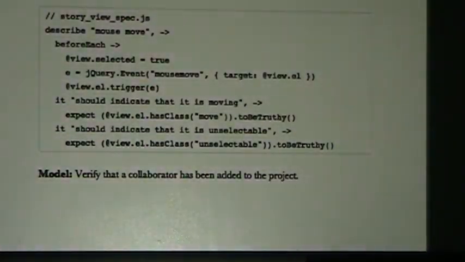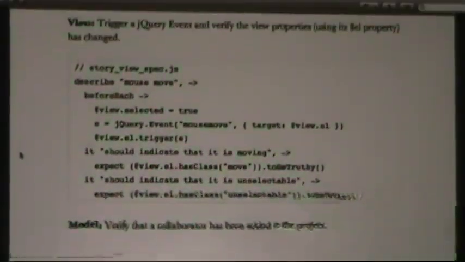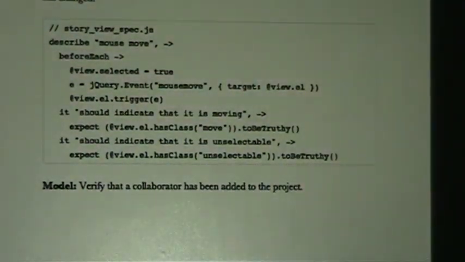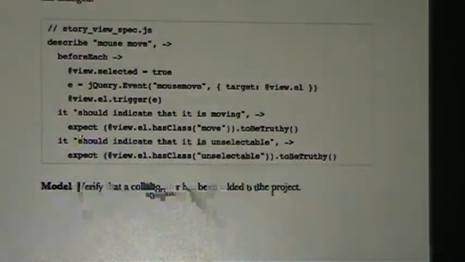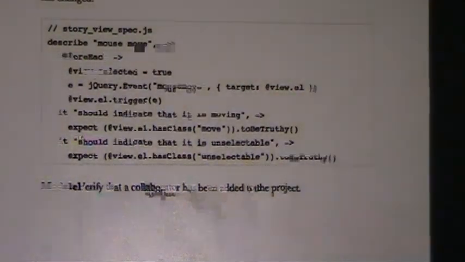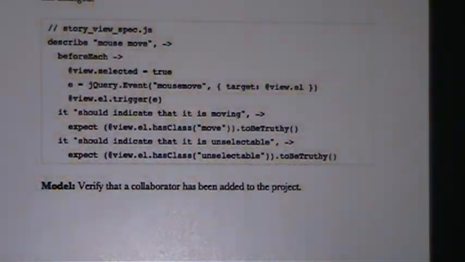I took a snippet of what a view test looks like. You have a describe block, and what this does is set up an event that, when triggered, ensures that certain properties are set in the view. Some background: in a view object in Backbone, there's a way of accessing the el.